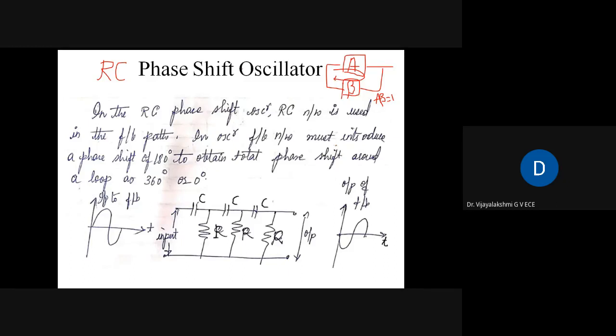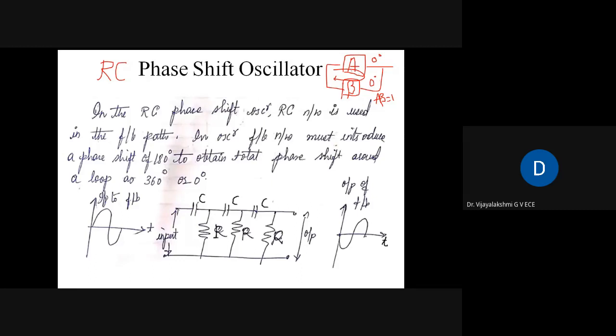Now, you take any oscillator. If I have to ensure that the total phase shift around this loop should be 0 degree or 360 degrees, I have to properly design this amplifier and select the feedback part. So I can say, if I select an amplifier such that it provides 0 degree phase shift, then I should select the feedback circuit such that it also gives 0 degree phase shift, because the net phase shift around this loop will be 0 degree. That's how I have to select.